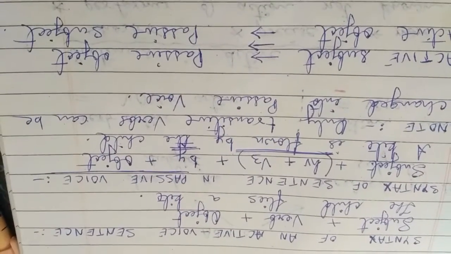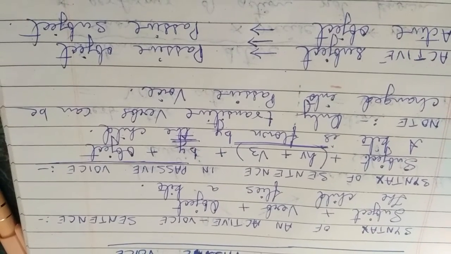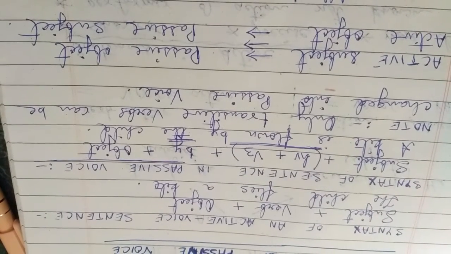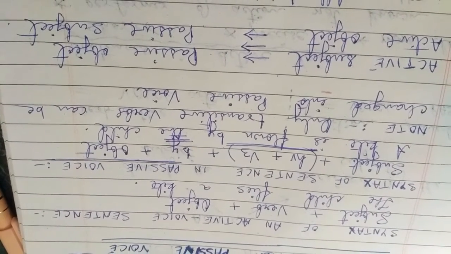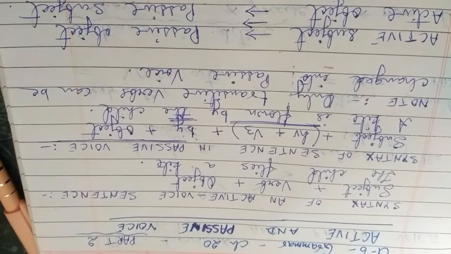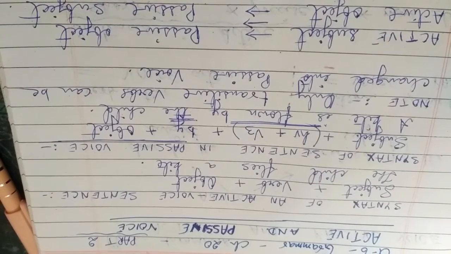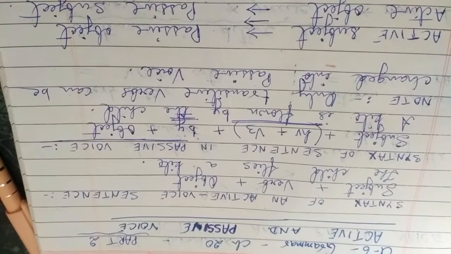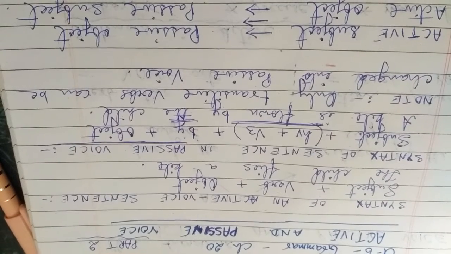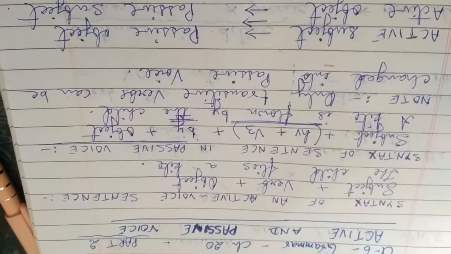So here I have taken the first sentence as: the child flies a kite. Very easily you can see subject is the child, verb is flies, and the child flies what? What is the object? A kite. I hope you remember object. A transitive verb is present in the sentence, flies. If it answers the question what or whom, then it is a transitive verb. Here the word flies is related to the word a kite. Flies what? A kite. So this is the object, a kite.